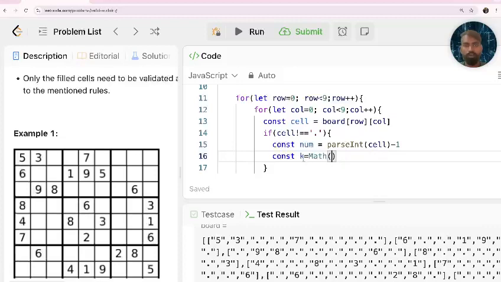So let me write box index. I can put box index. This is a good name. Okay, Math dot floor,